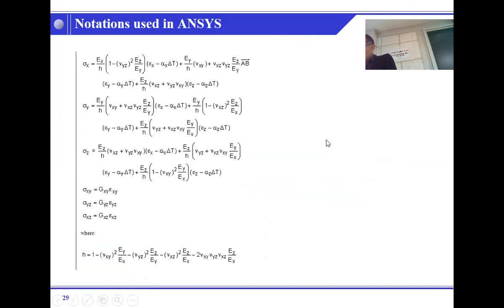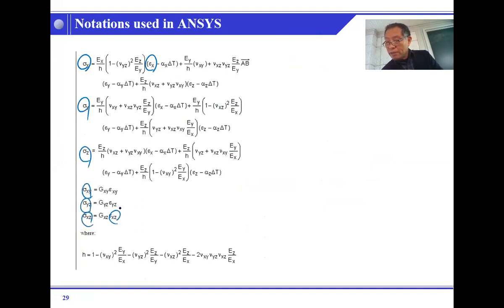Okay. And these are all now stress and strain terms. You can see that on the left-hand side is the stress, on the right-hand side, all the strain, right? All the strain, which means that